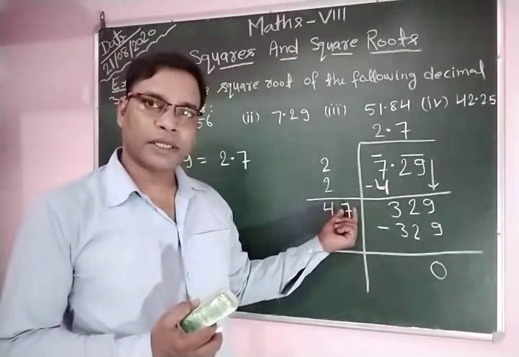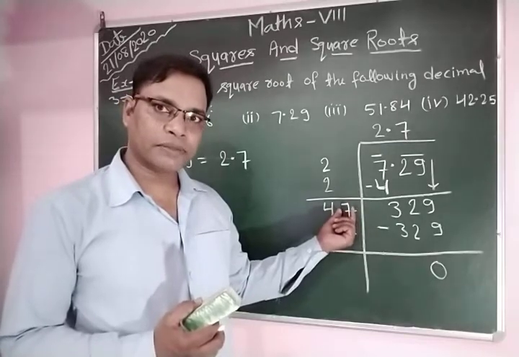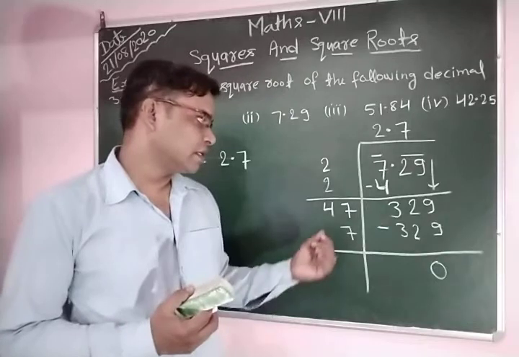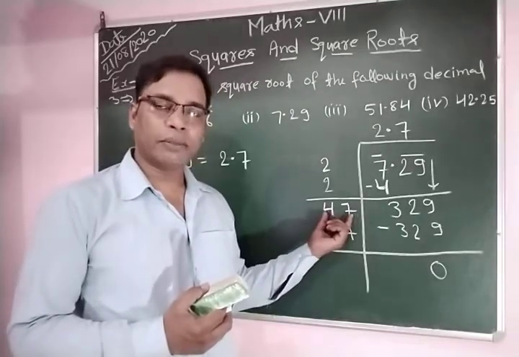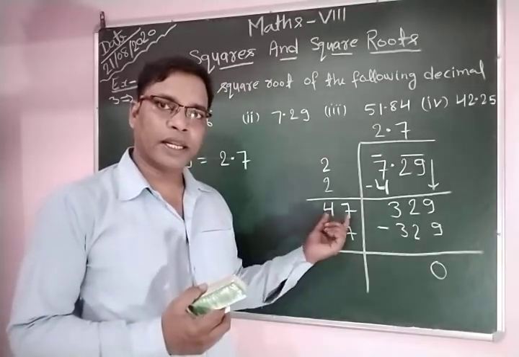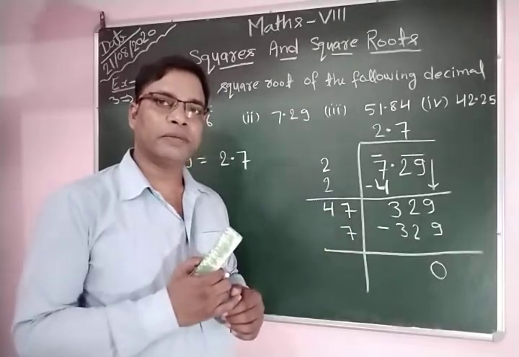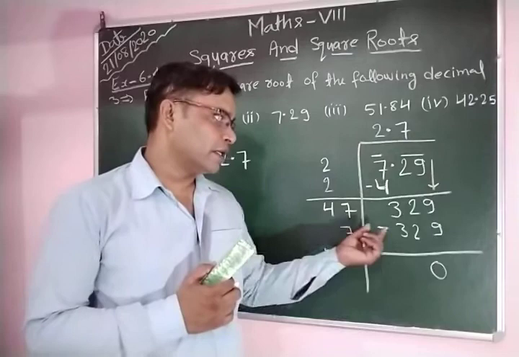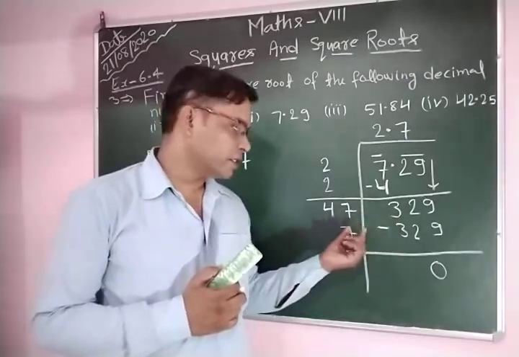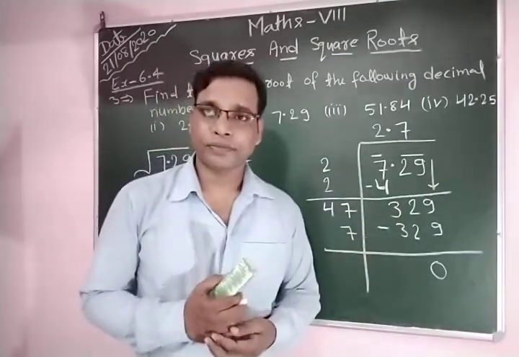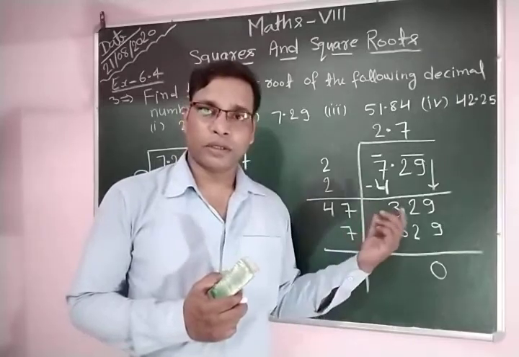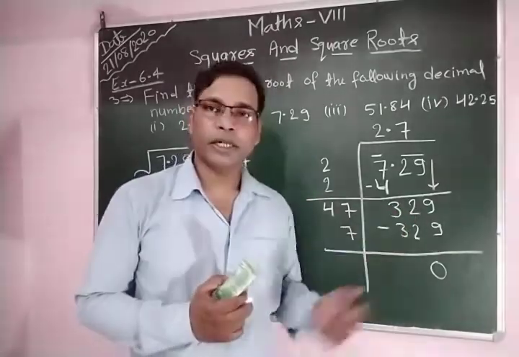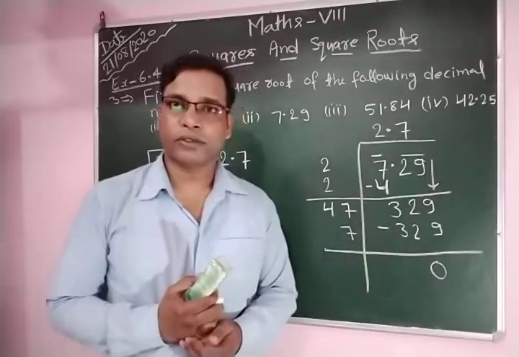We leave blanks, places for numbers. We select numbers that we put here, and we obtain new divisors, and again the new divisor is multiplied by that new number. This is called the product of divisors and the new number. This is less than or equal to 329, because 329 is our new dividend.